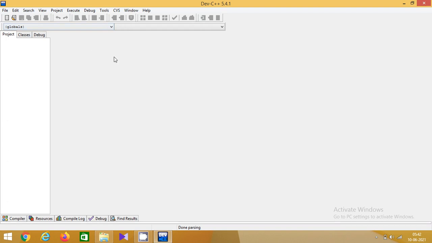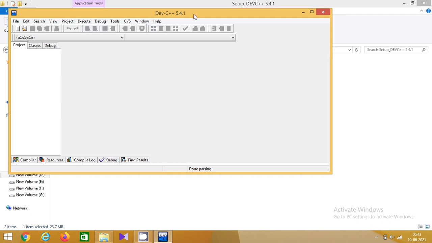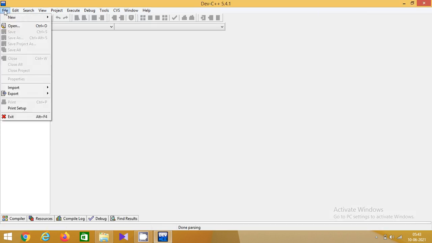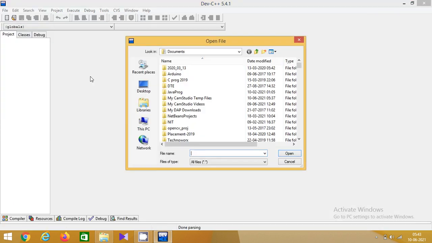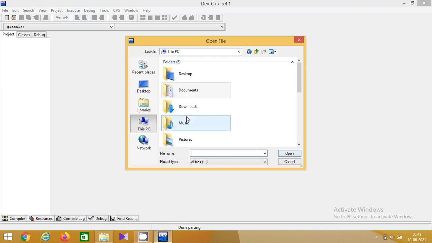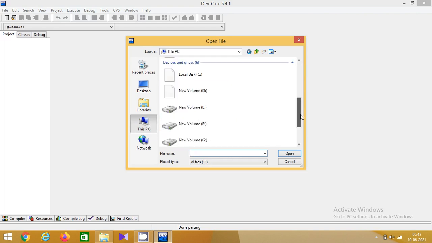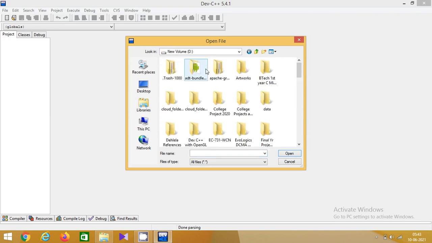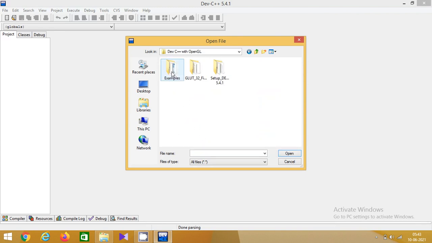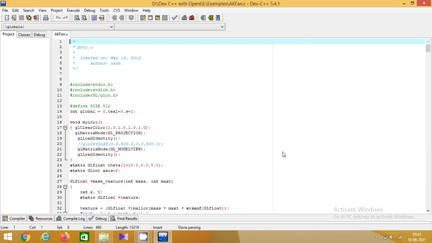Since there are no files or projects open, nothing is visible now. Now what we will do is open an OpenGL program and try to run it. We'll see what exactly will happen. Here I have some example programs which I'll open.